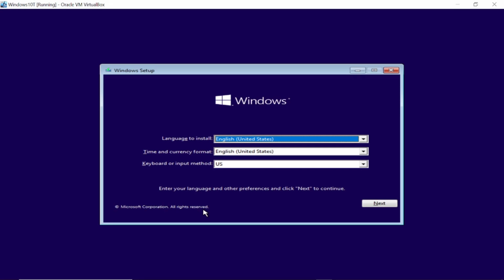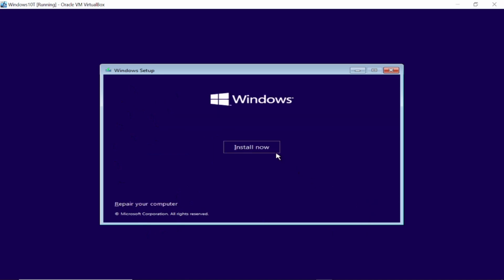In this video guys, I'm going to guide you how to convert the MBR into GPT partition during the Windows 11 or 10, 8, 7 installation. So you should be able to see this screen. Now we need to click on the next option here, then click on install,